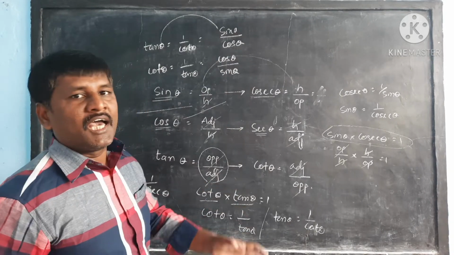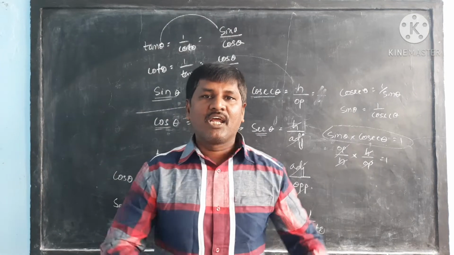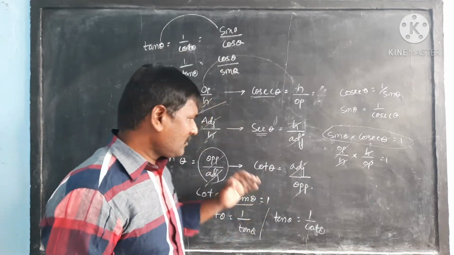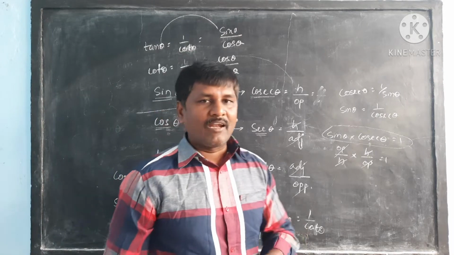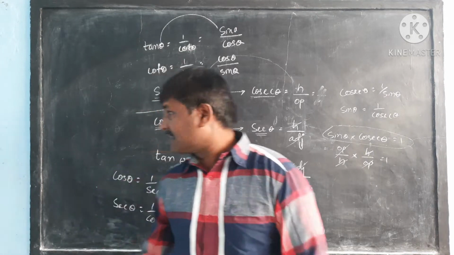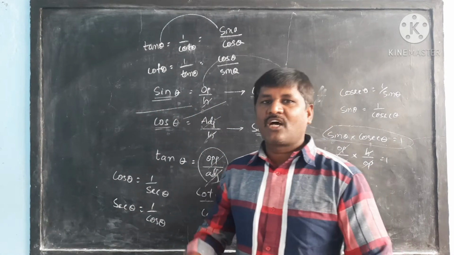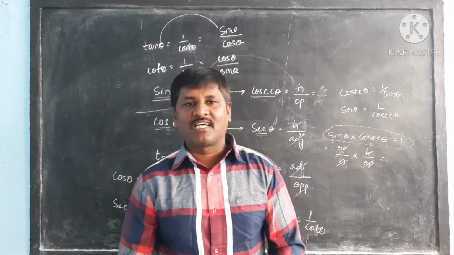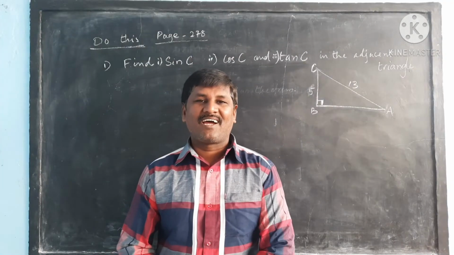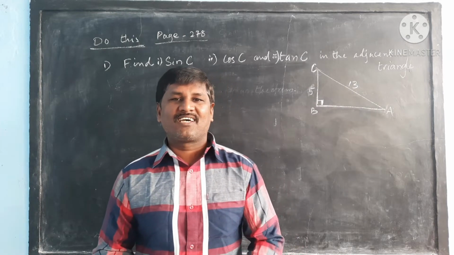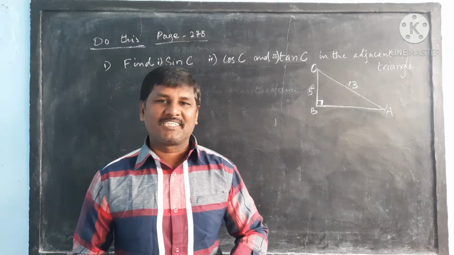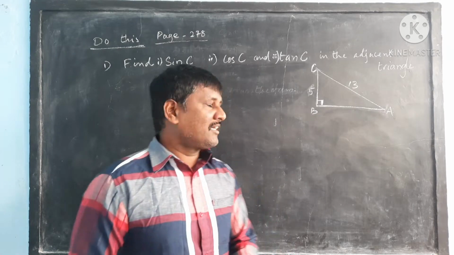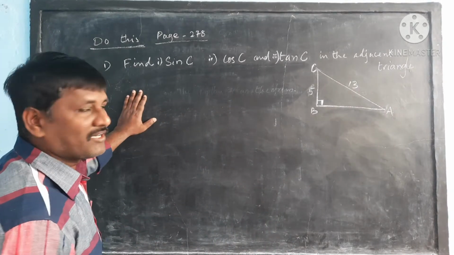సో దీస్ ఆర్ ద రిలేషన్షిప్ బిట్వీన్ ద రేషియోస్ ఇన్ ట్రిగోనోమెట్రిక్ functions. So by taking the help of these trigonometric functions, 6 trigonometric ratios, you can solve the sums of exercise 11.1. Let us start the exercise 11.1. Okay, before we start the exercise 11.1, let us solve a couple of problems to understand these trigonometric functions better. Let us see a question selected from your textbook.